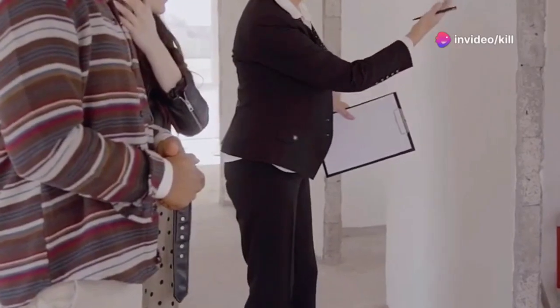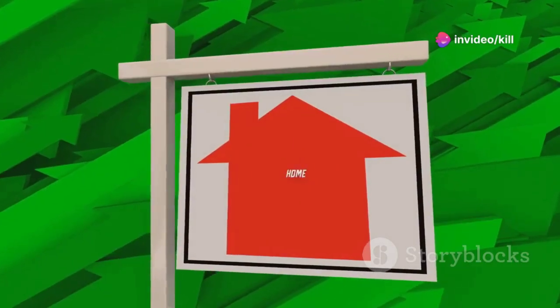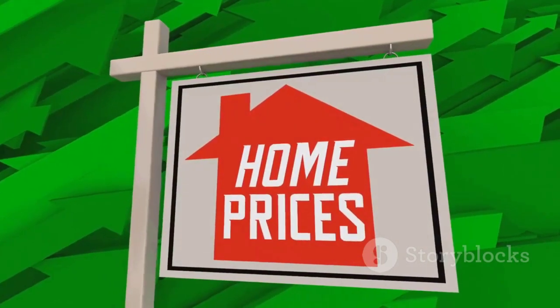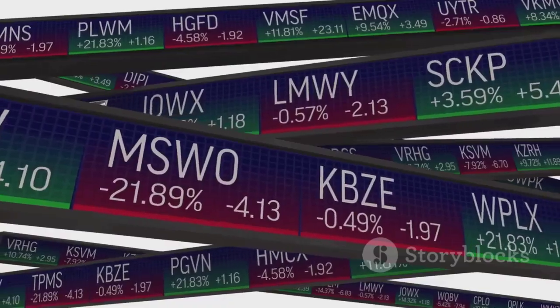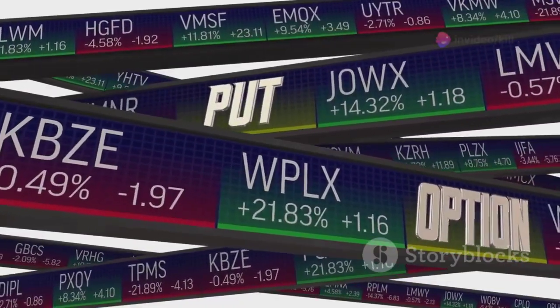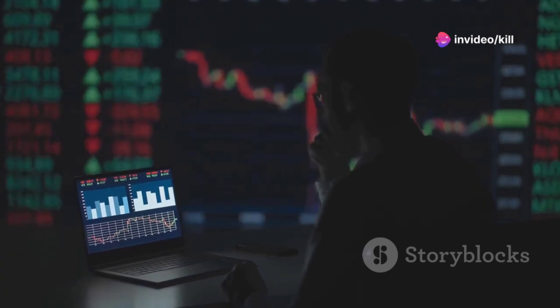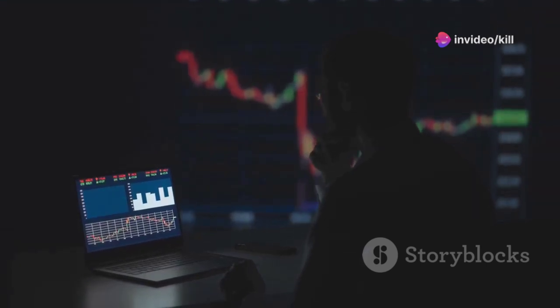Imagine you're about to buy a house. Would you simply accept the asking price without comparing it to similar houses in the neighborhood? Of course not. You'd want to know if you're getting a fair deal. The same logic applies to stocks. By comparing a company's current PE ratio to its historical average, we can determine if the market is valuing it